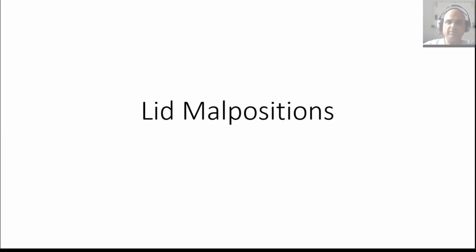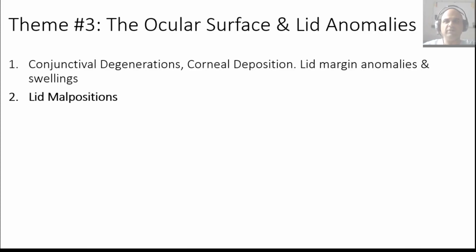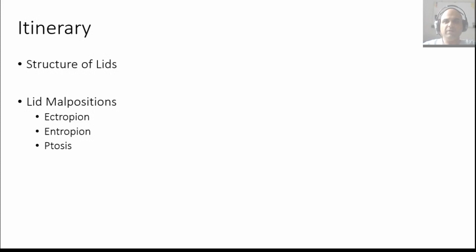Today we will be talking about lid malpositions, and this is our second differential of the ocular surface and lid anomalies theme. Today we will be talking about three different types of lid malpositions. Two of them have something to do with the lid margin and one has to do with the upper lid. The ones with the margin anomalies are ectropion and entropion, and one where the issue is with the upper